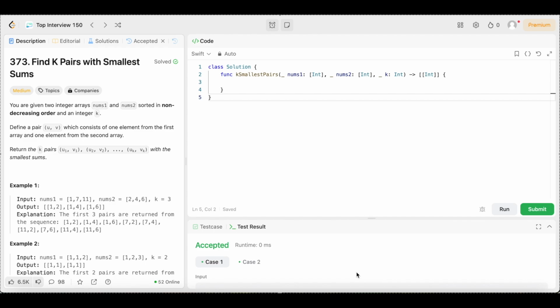All right, y'all, we're back again. Another day, another LeetCode problem where we're doing daily LeetCode problems. And today we have question number 373, Find K Pairs with Smallest Sums. The difficulty level is medium, but don't worry, because we're going to keep the solution as simple and easy to